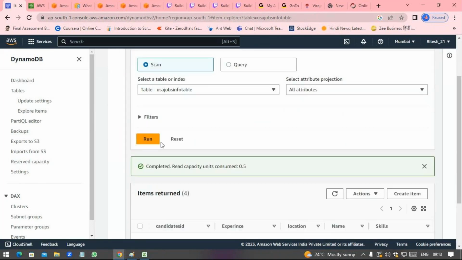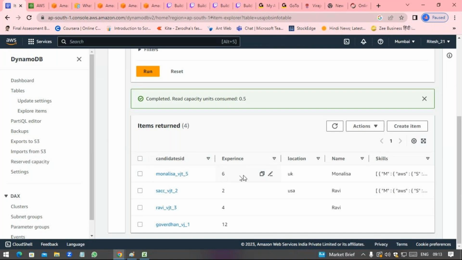So run this. Now you can see Mona Lisa item here also 6. So the changes which we will do here will be reflected in the replica locations. Similarly, if you make changes in a replica location, it will reflect from here. You can add any number of rows. Suppose this Sachidanand,